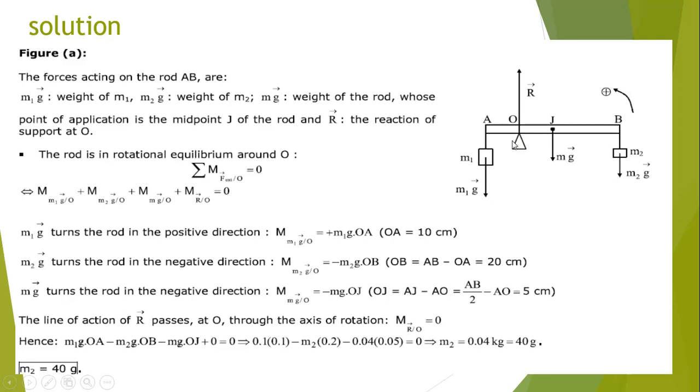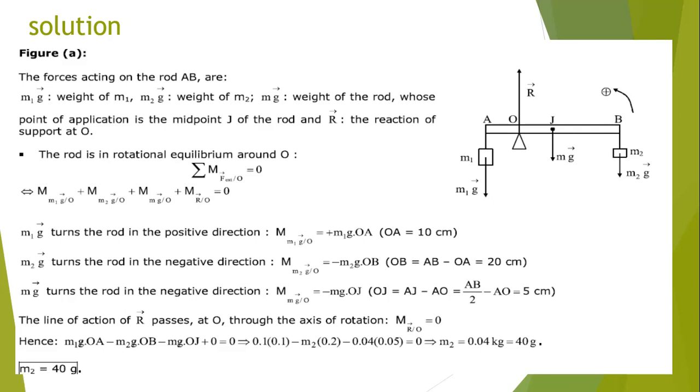So we have to calculate the moment of these forces if we are going to apply the rotational equilibrium. So the forces acting on the rod: weight of M1, weight of M2, weight of the rod, and the reaction of support at O. In first situation, since the rod is in equilibrium, it is in translational equilibrium and